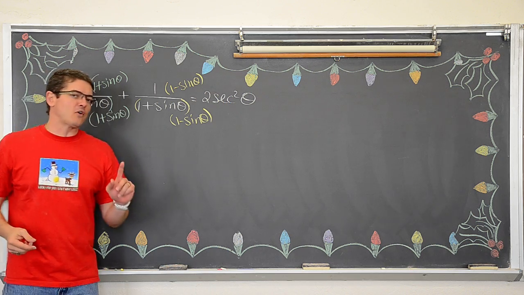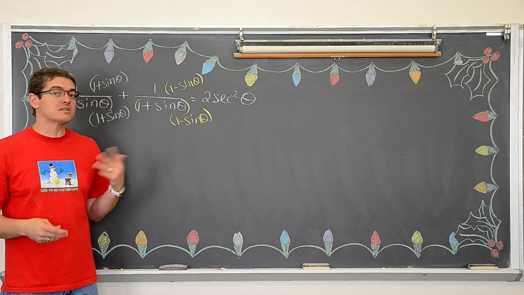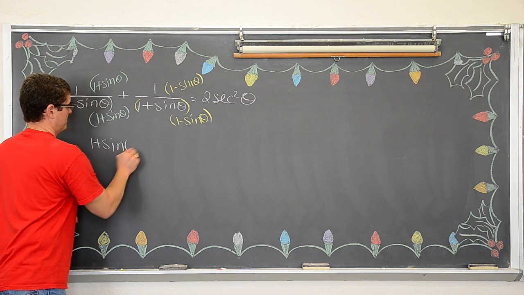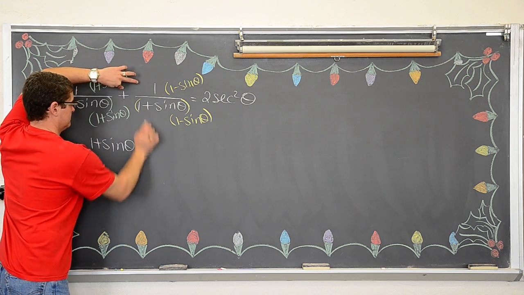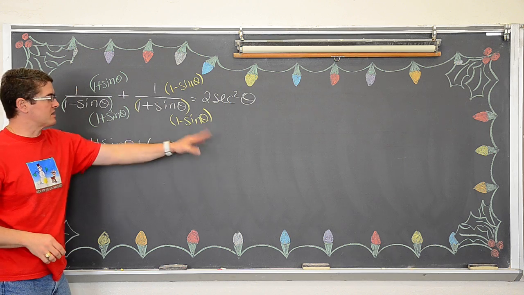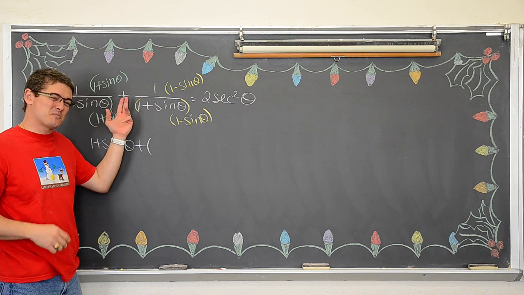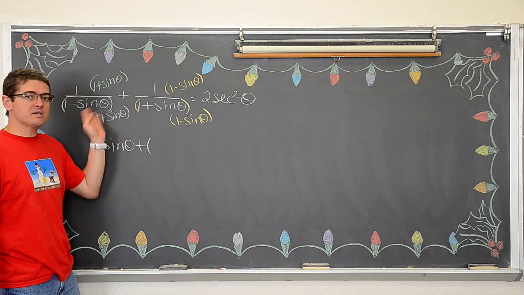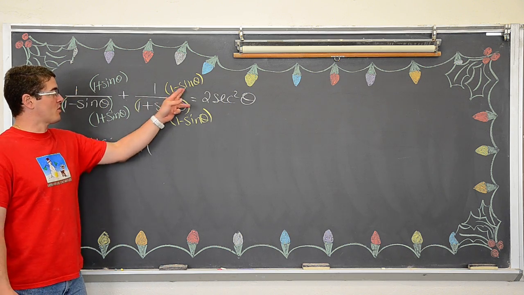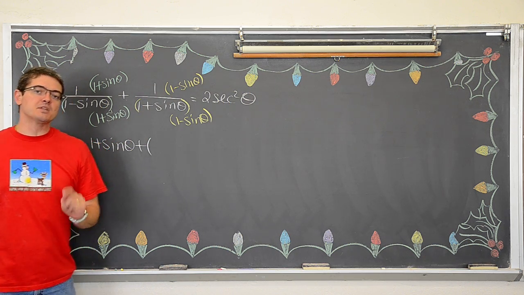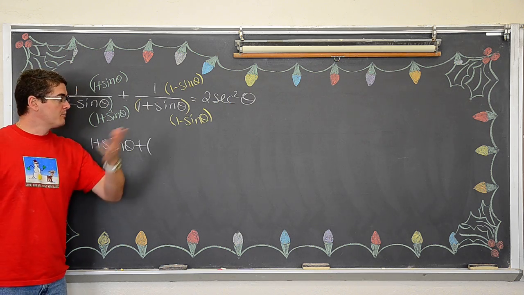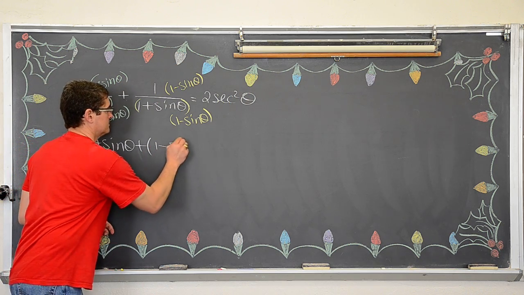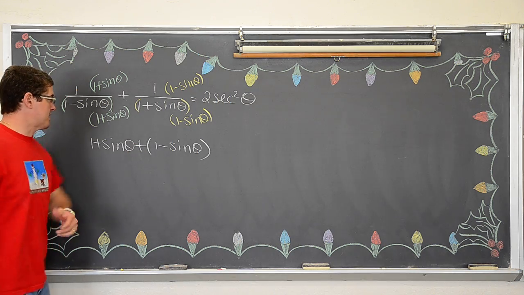Now I'm going to write this as one big fraction because I'm setting up my common denominator as I go. So we're going to have 1 plus sine theta plus, now I'm going to use parentheses on the second top, not because it's really going to matter with this particular question because it's plus and the parentheses really aren't going to do anything. But if it were minus, that would have to get distributed through the parentheses because there's more than one term in this second fraction. And if you did not do that, you would have sign errors and your proof would fall apart. So 1 times 1 minus sine theta is just 1 minus sine theta.